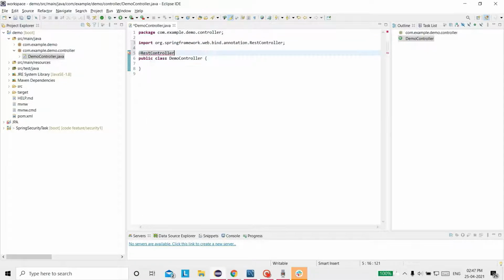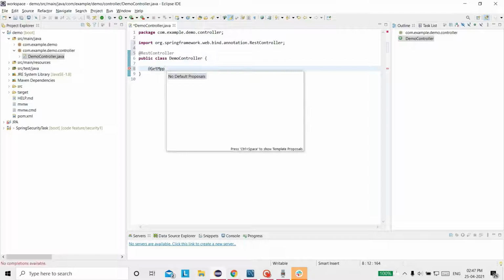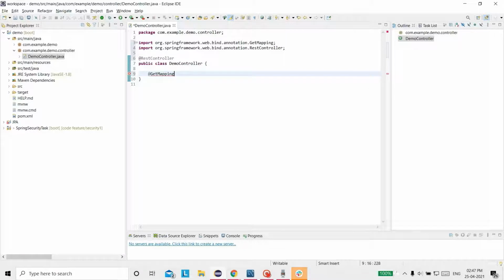And now we basically want the GET method, so we will write @GetMapping. Now we'll give the endpoint like getdata. Public ResponseEntity, we can just write String right now, and we'll give data, and this one as the return.